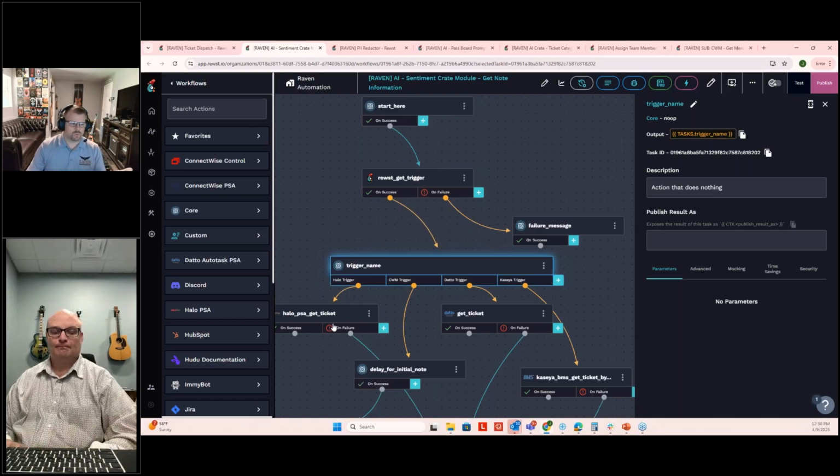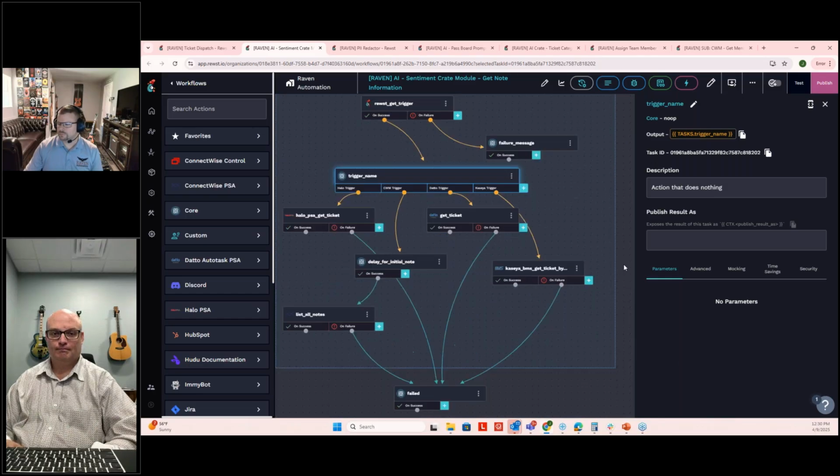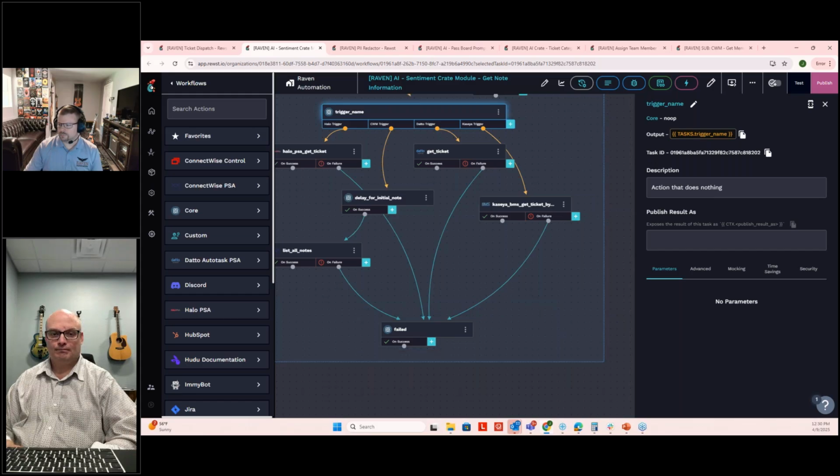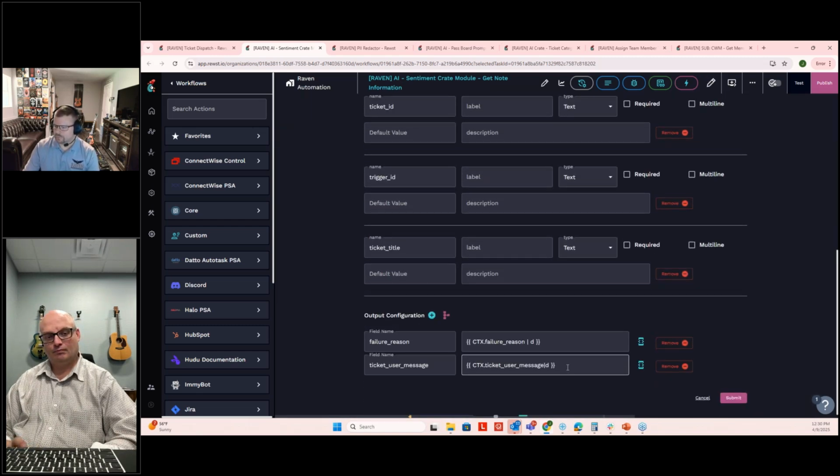So we've got support in here for Halo, Datto, Kaseya, ConnectWise. Based on your PSA, we'll grab your ticket note and read that ticket note for processing, and we will output that information from that sub workflow back into the main